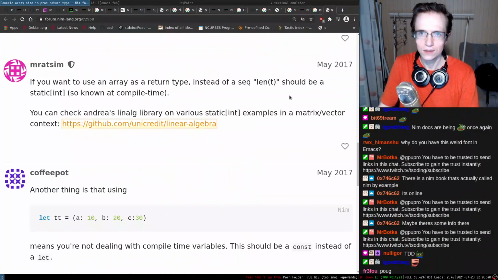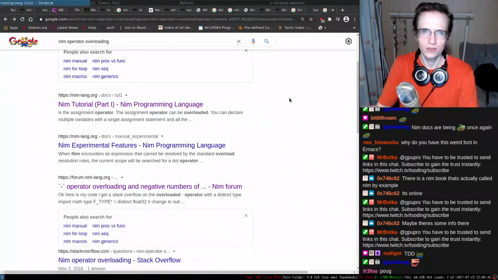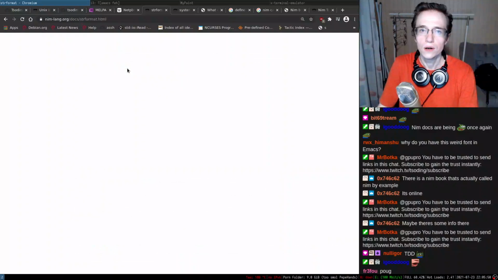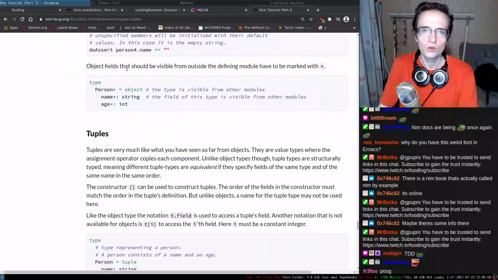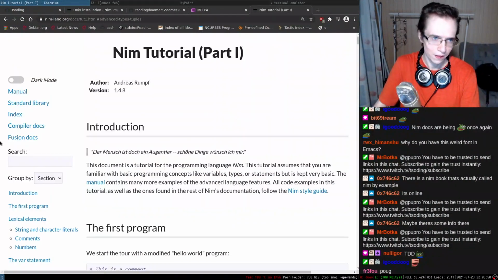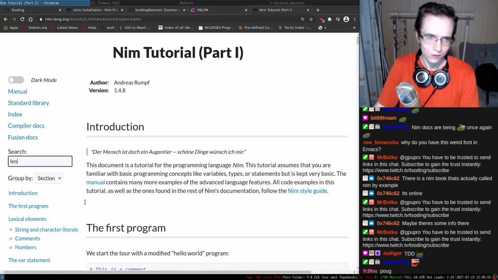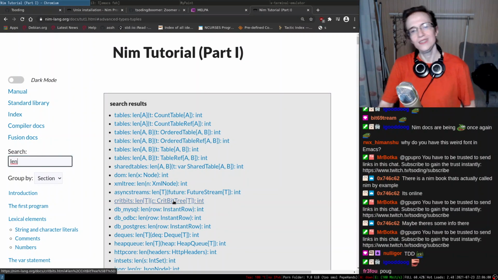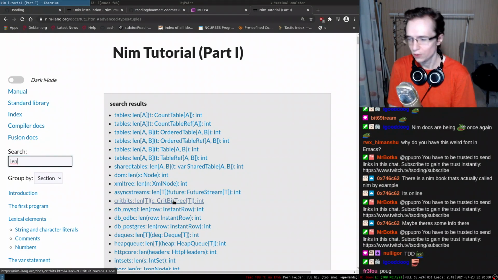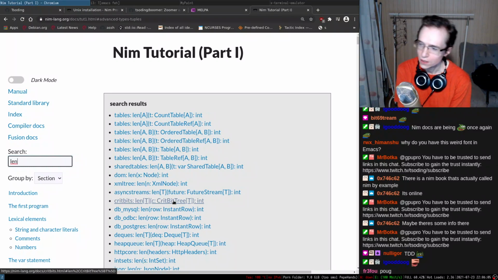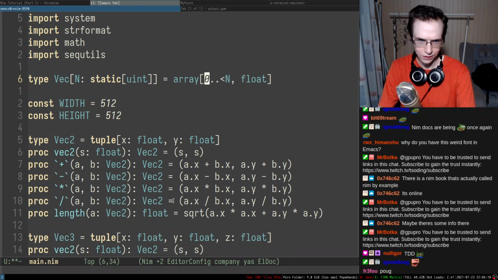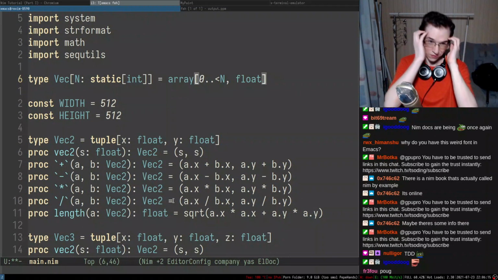I need to find the len function. I have too many things opened, unfortunately. So I need to close some of this stuff. There's too many things. So this is going to be a len, right? This is going to be len. And len always returns int. So they use int as the size type throughout the whole language. Okay. So that means we're gonna be using int in here. All right. And now